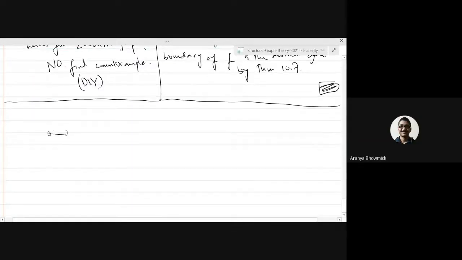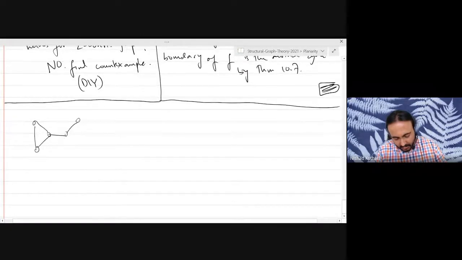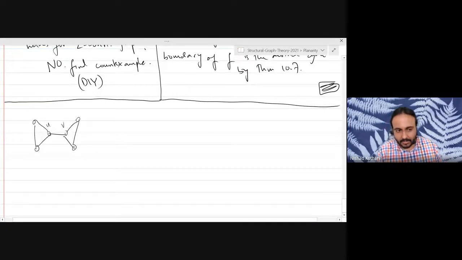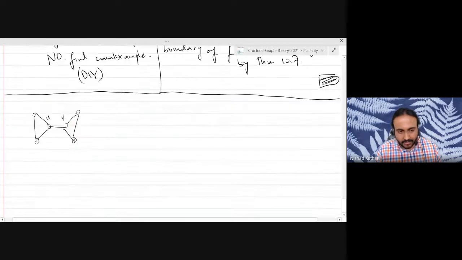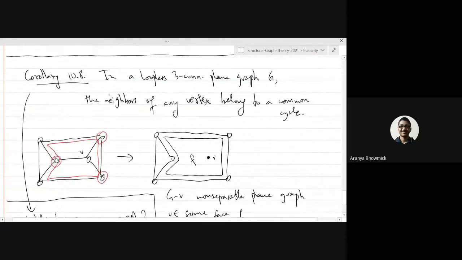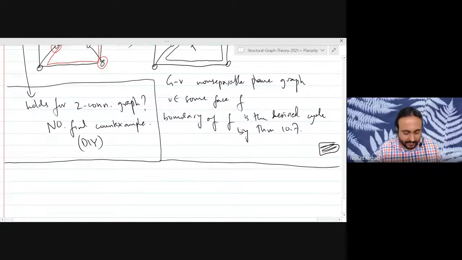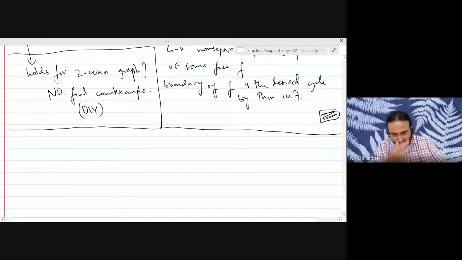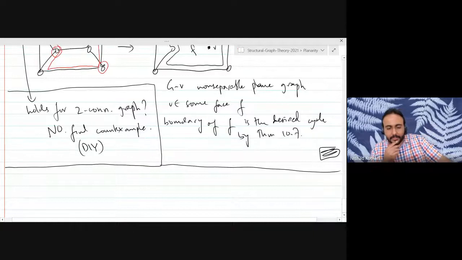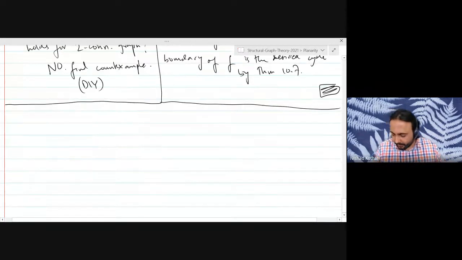This graph is not 2 connected. But why is this a counterexample? I want a 2 connected graph where the neighbors of a vertex do not belong to a common cycle. Anyways, think more about it. What you gave is not a 2 connected graph. Sir, we can simply take a cycle. Okay, anyways, think about it later. I don't want to spend more time on this. It's a straightforward problem, so let everybody have the chance to think about it. Any other comments or concerns regarding all of this discussion?